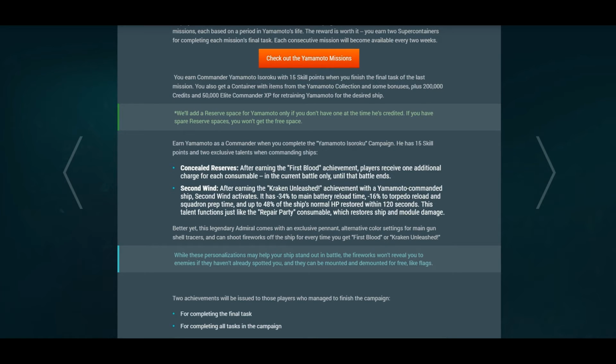And of course, you get the normal HP restored. The ship's normal HP restored within 120 seconds. So you get this insane kind of heal. You get reload time. You get torp reload time. Pretty freaking crazy. So if you are getting Krakens, you are going to get a huge buff for the rest of the game. Now, Krakens tend to happen a little later in the game, but still,